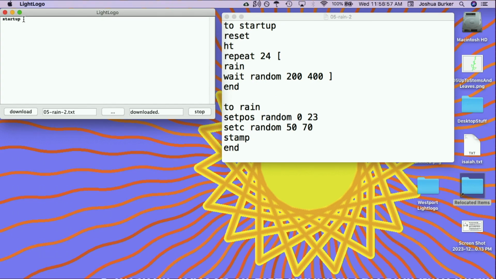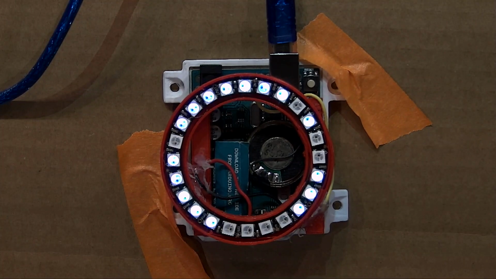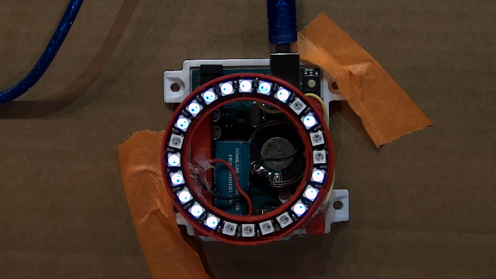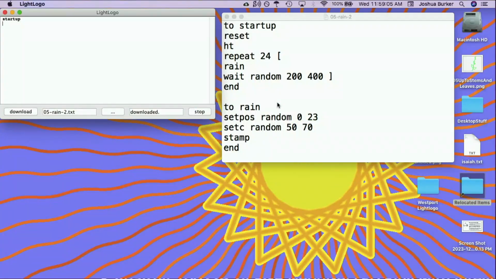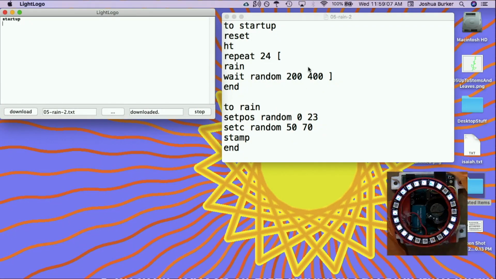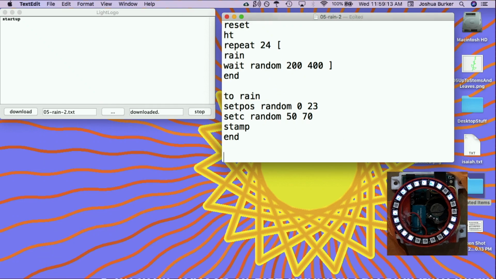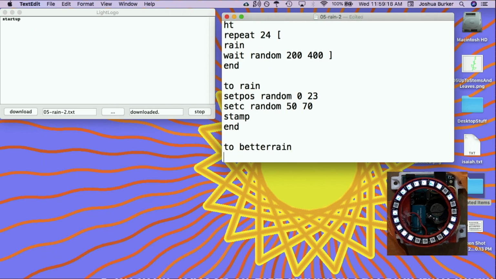If it doesn't fill the ring, maybe play around with how many times it repeats, right? Because we are randomizing it. It may land on the same pixel a couple times, right? Change the number of repeats, you might eventually fill the ring. Awesome. Okay, there's one other idea that we could write a procedure called the better rain, and we can actually